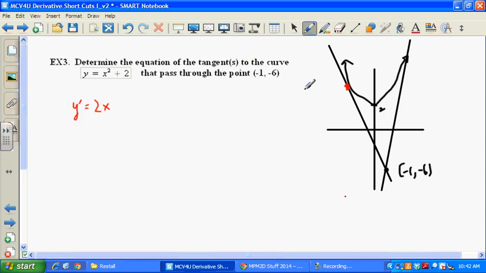Is going to be this point. We're not sure what the x value is. I'm going to call it a, though. It's some value that we haven't found yet. a, and notice a squared plus 2 is the y coordinate of that one. But I also know the slope of this line has to be equal to not 2x, but 2a, right? The slope of this line is 2 times a, because a is the value of the function at that. So here, the slope,